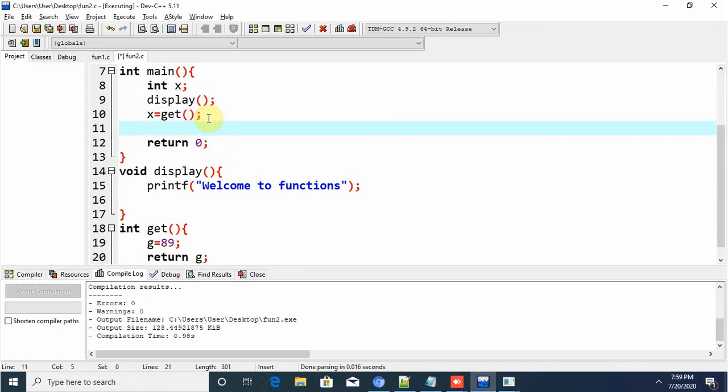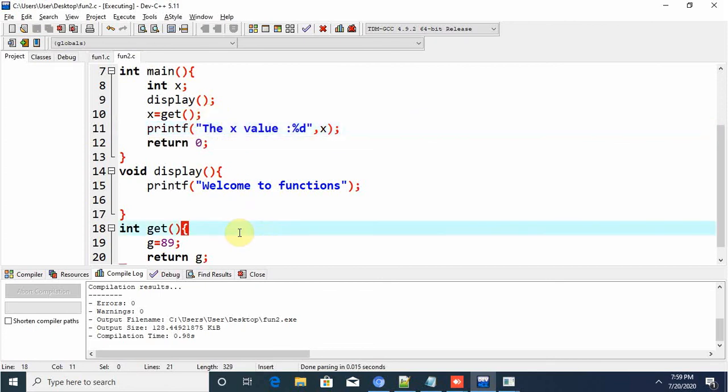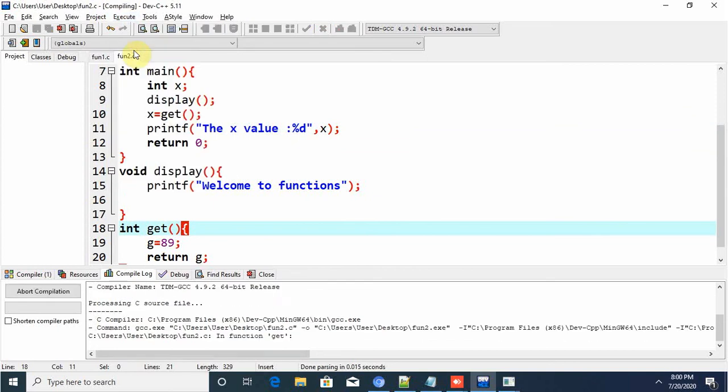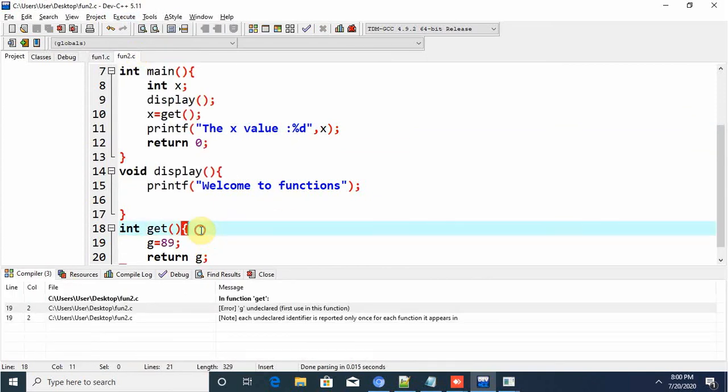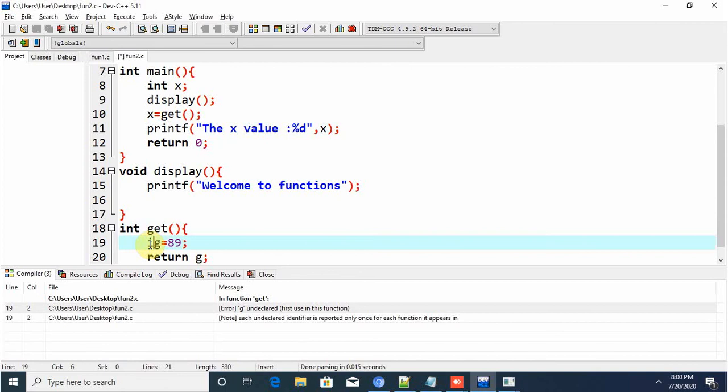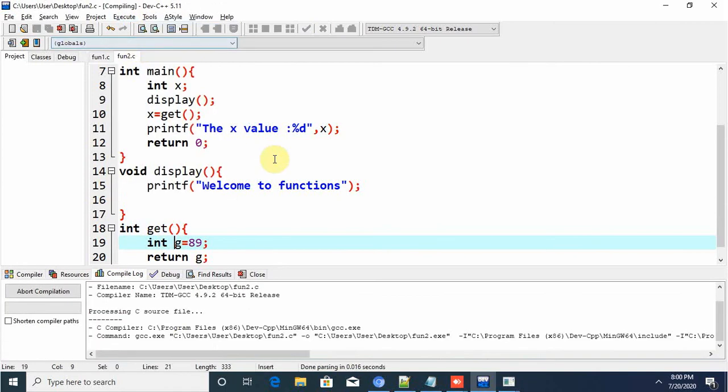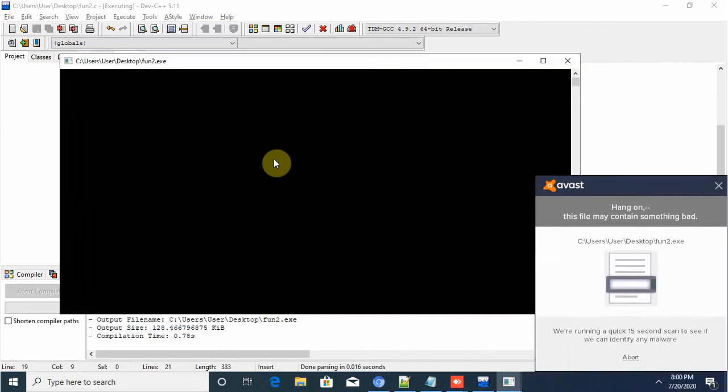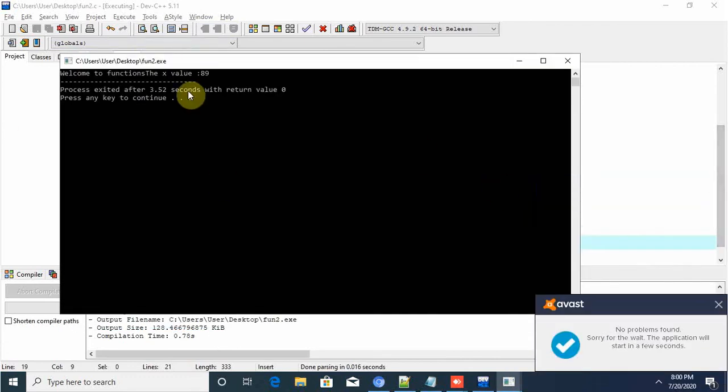Am I right? X, int. Okay, so this is what the case.